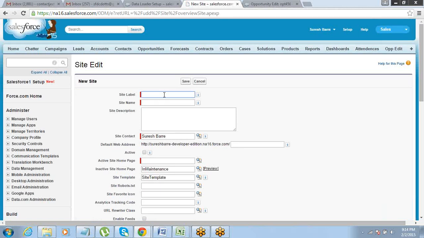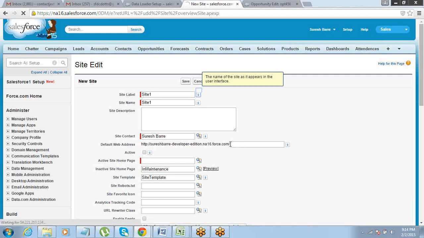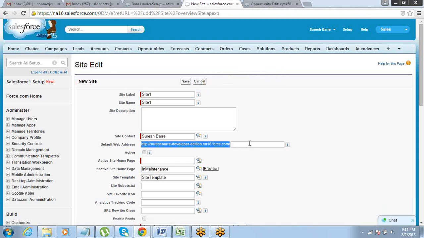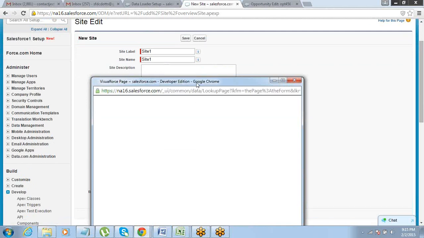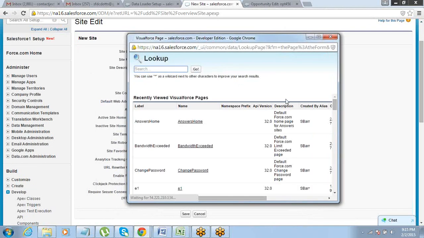Now create the site for that. So site name you can give anything, call it site1. Okay, and complete address. So this is the website address. Now complete address will be slash whatever page name. So you can put anything here, ABCD, whatever you want. Okay, so this will be this from here till here, from HTTPS till the ABCD. This is going to be the complete site address. Okay, and then you have to select a Visualforce page as the active site home page. So what will be the home page for the active site? Pick it.